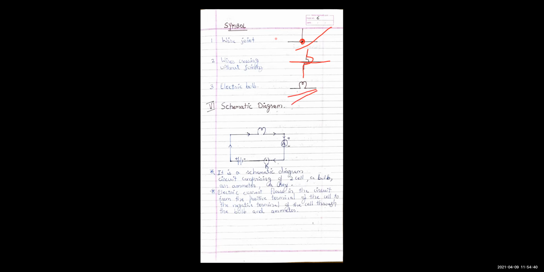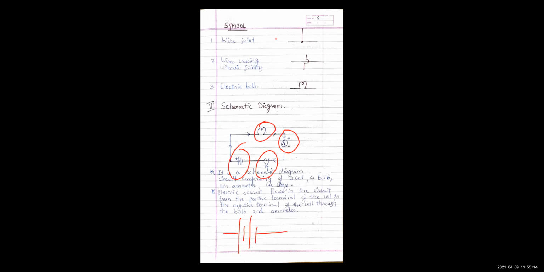And let's try drawing a schematic diagram for a simple electric circuit. So this question comes in exam, that draw a schematic diagram consisting of bulb, ammeter, plug key, and two cells. So अब 2 cells बनाएंगे. This is 1 cell, right? This is 1 cell. And this is 1 more cell. 2 cell हो गए.